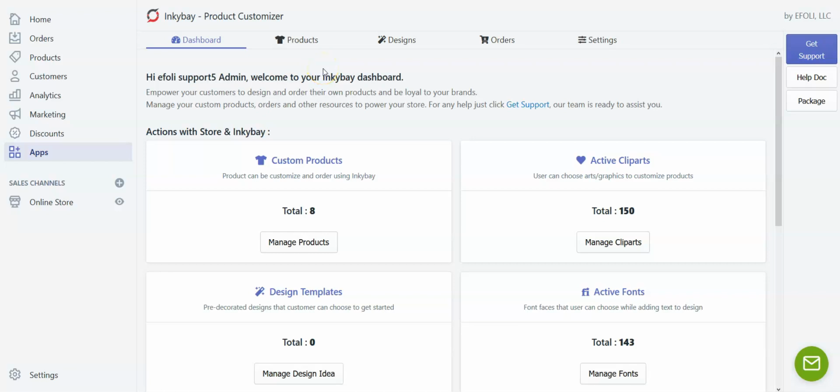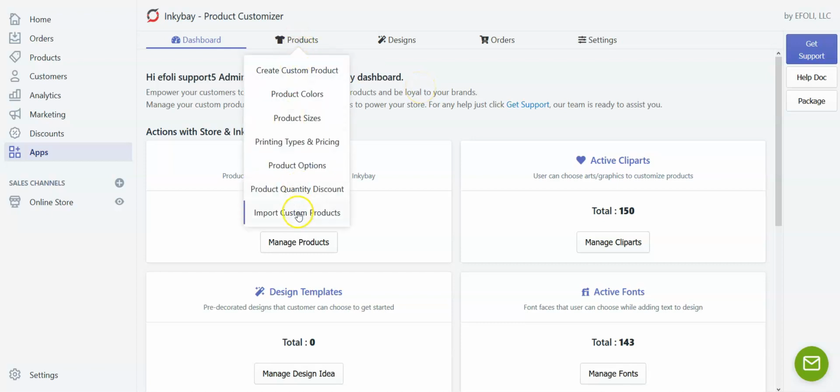Hello, welcome to Inkybay. Today we are going to show you how to use import custom product option from Inkybay to create a new product. So let's get started. First, log into your Inkybay app admin, then go to products and click on import custom